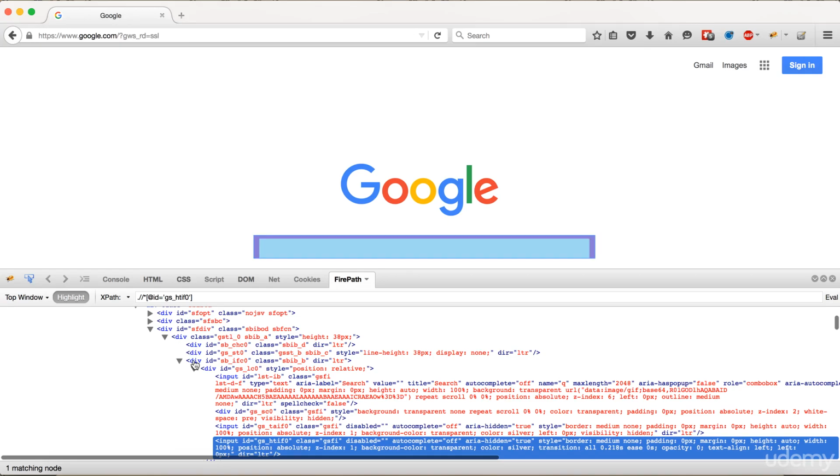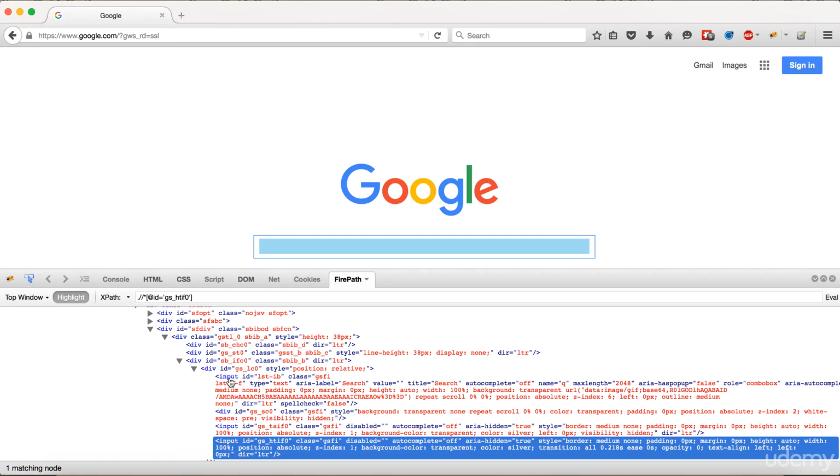So if I highlight over this ID, this box is highlighted, this ID is belonging to this div, and then there's a div inside it, there's an input inside it. So there's again a div, input, input and input. So there are like 4 inputs. So looks like they have multiple styles and all those things that they've implemented, maybe something for mobile, something for desktop and all those things. So what I'm gonna do is I'm gonna select the first one. So the first one input, you guys can see that it has an ID associated with it,